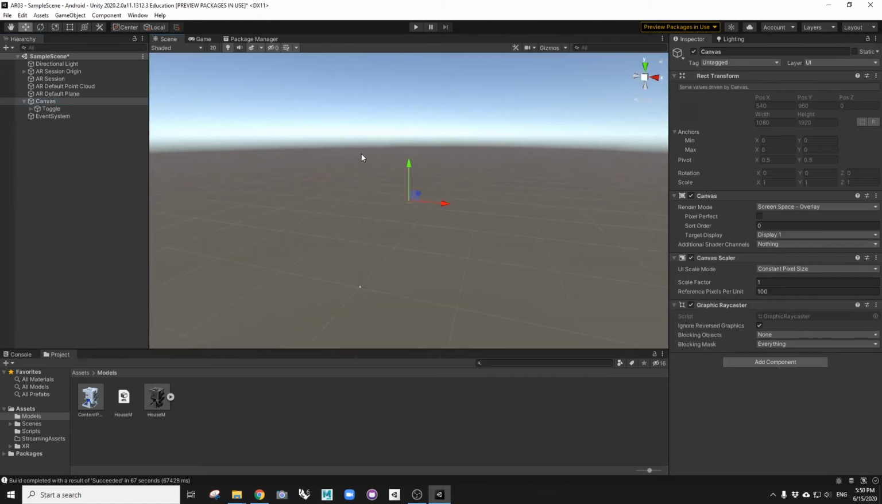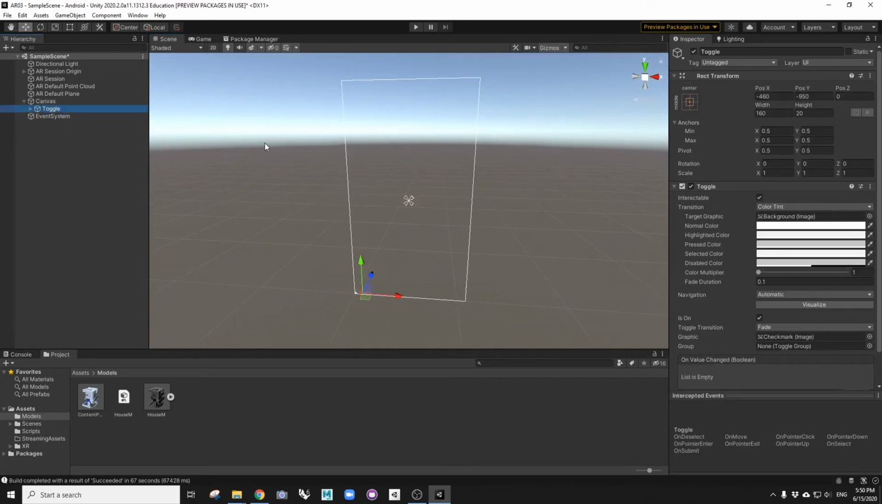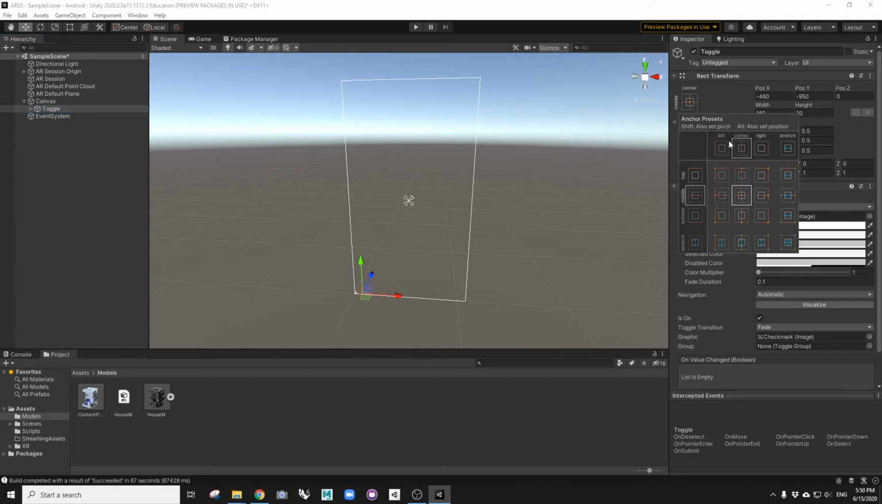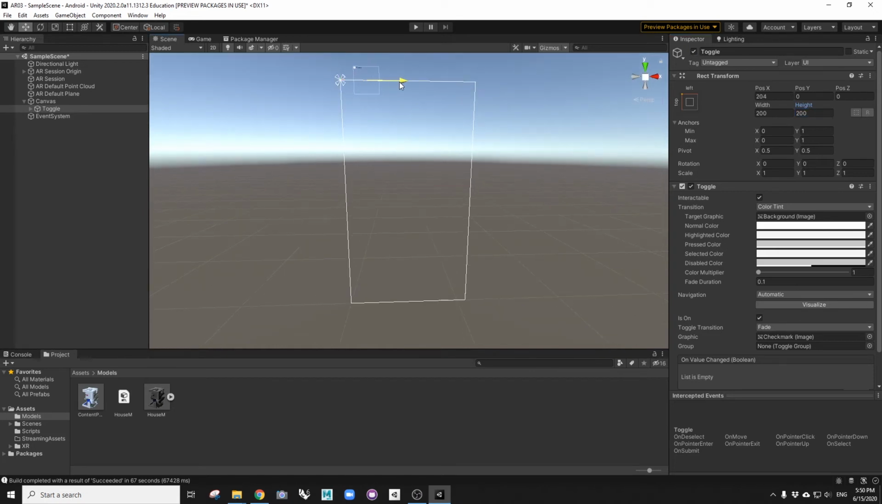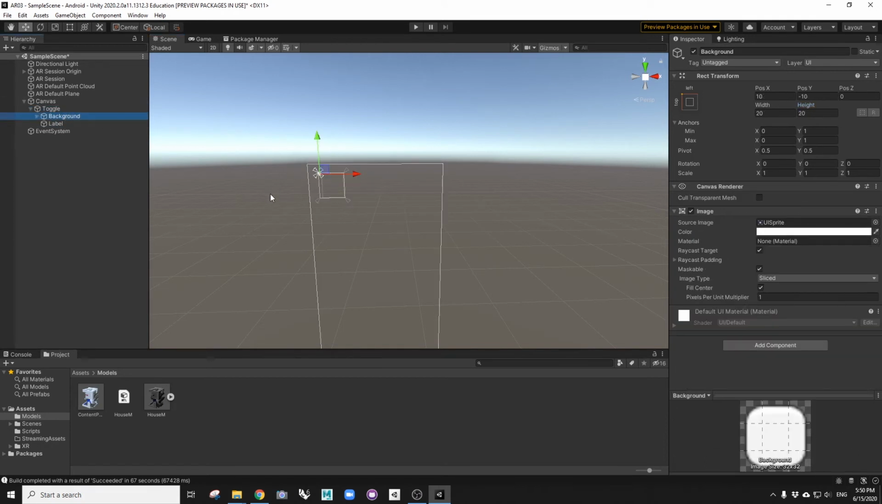Press F and show this gizmo again. So we are going to create a toggle button on the top left corner, around 200 and 200 size. To move this down a little bit. Okay. And I'm going to also scale the background to fit the size of the